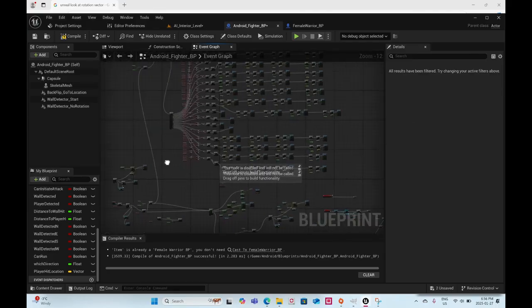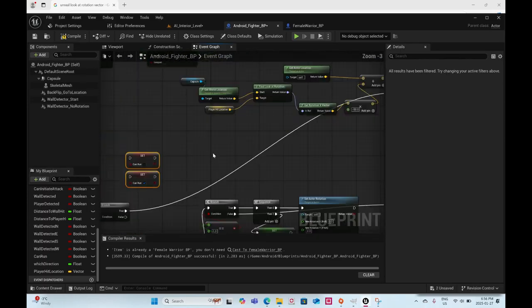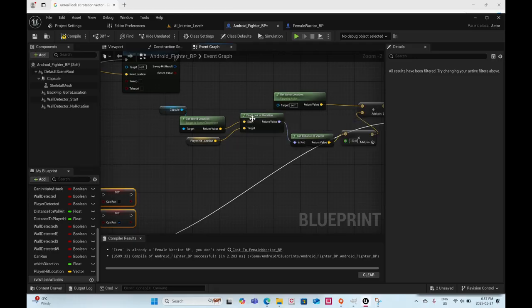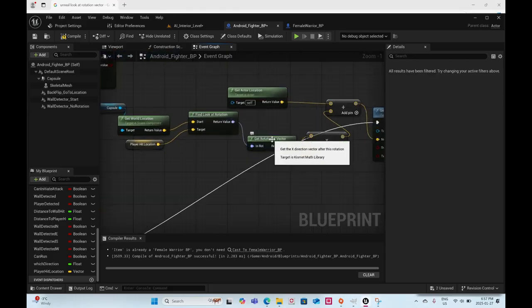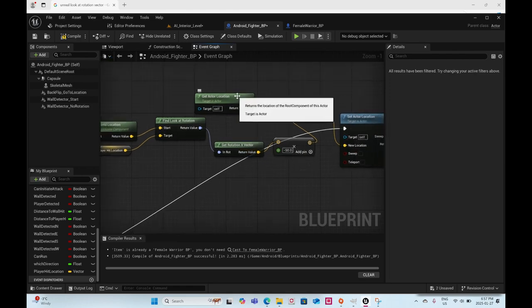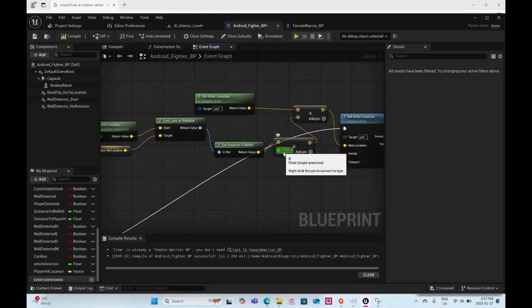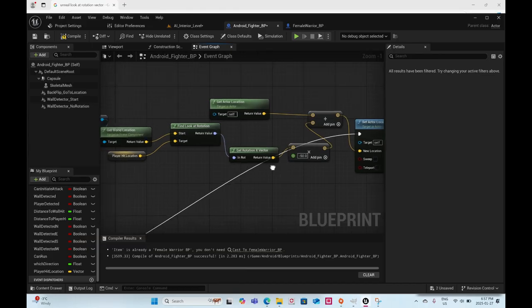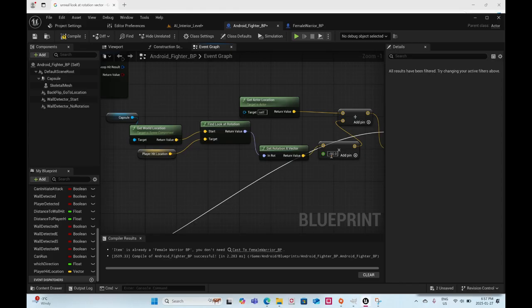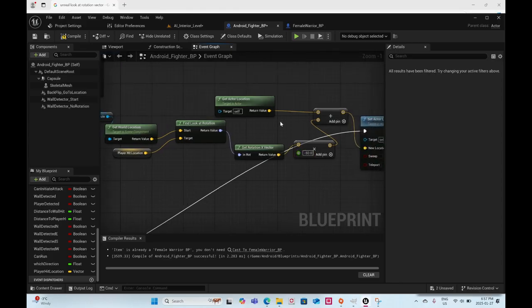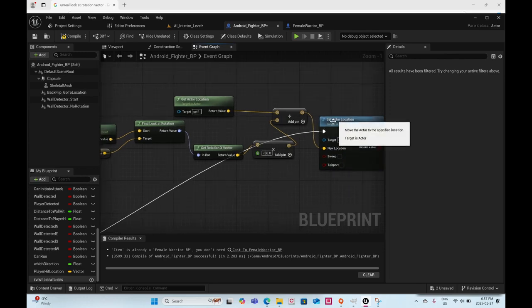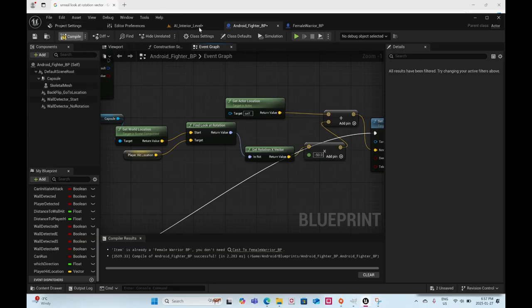So I'm getting a look at rotation, the rotation that the enemy would have to rotate to in order to be looking at the player. And from that, I'm making a vector, get rotation x vector, and I'm getting the enemy's location plus the vector that the enemy is looking, except I need to put a negative value, negative 50, so that the enemy moves backwards. I'm setting the vector location. So once that's plugged in, if I look at that same enemy now,